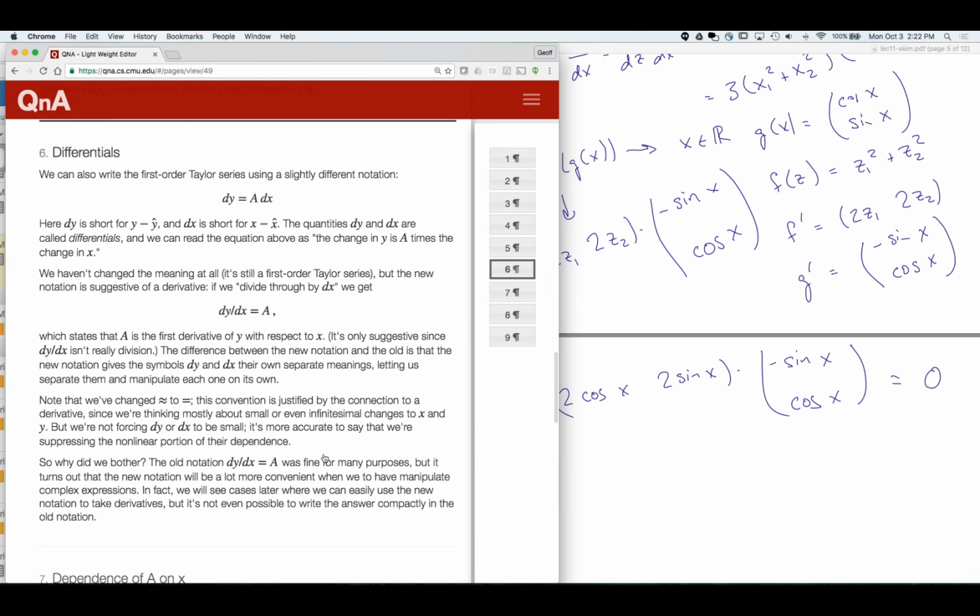The main thing that we're going to do when we talk about matrix calculus, we're going to introduce